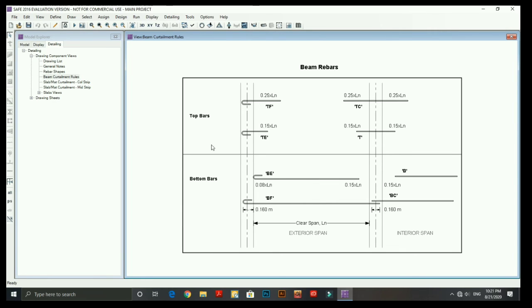And this is the beam rebar material for top bar and for bottom bar. And here you can find the actual design of different rebar materials, and which is specified in here.